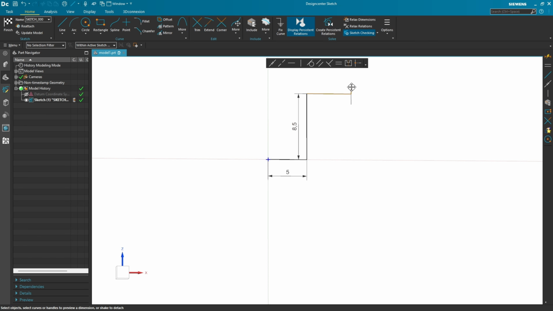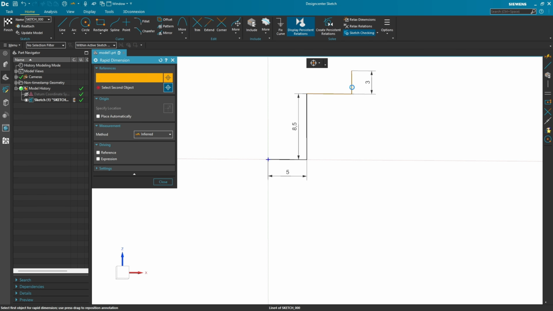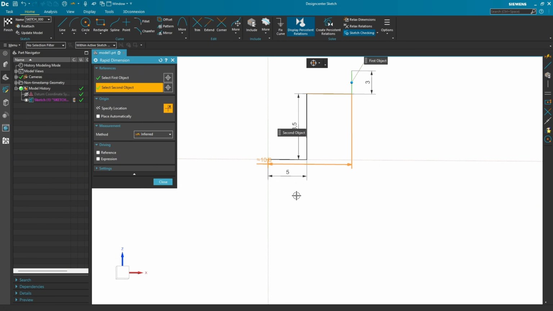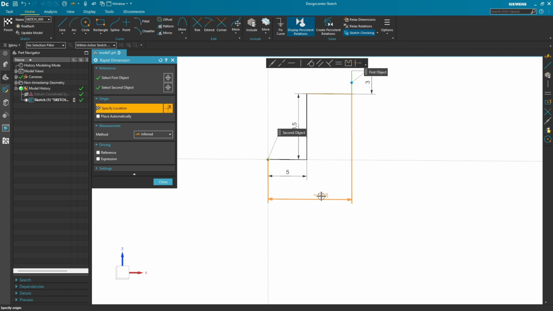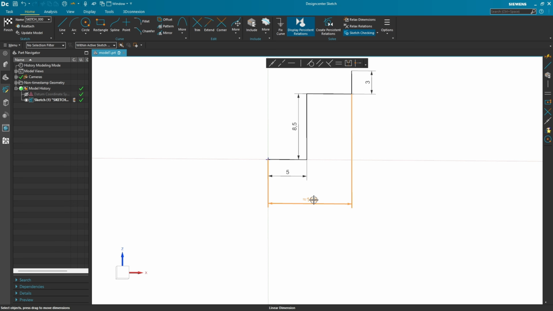Let me move this line here to the side, okay, and select here the length here 3 millimeters, and go to rapid dimensions, select this line here and this point here. The distance here is 15 millimeters, okay,